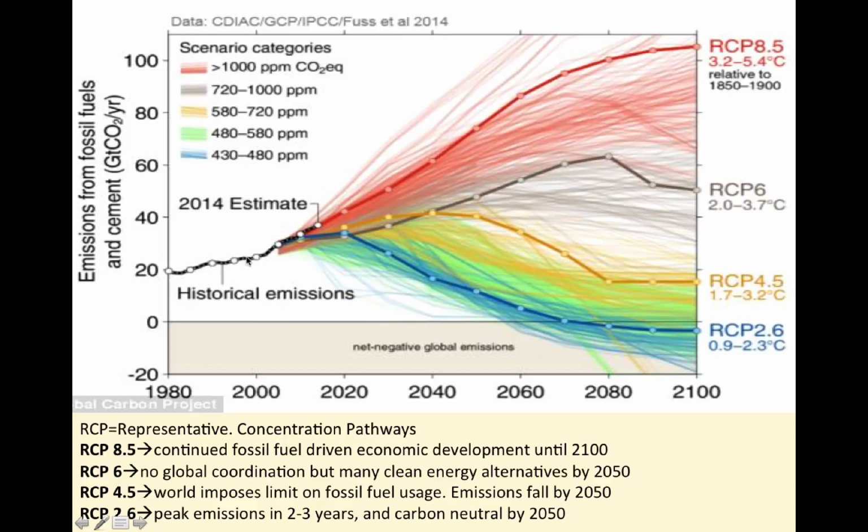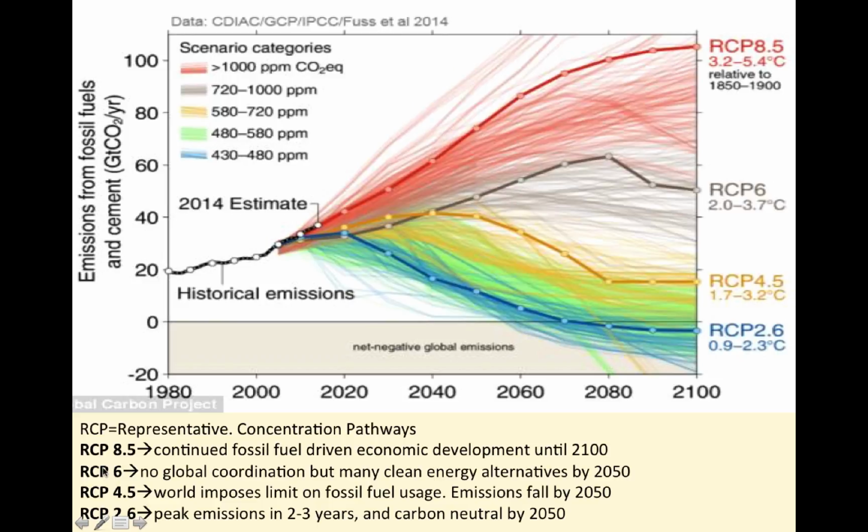And that report had 4 scenarios trying to figure out what humans are going to do in the future, because that's going to be a big player in how the evolution of CO2 concentrations go up. So the scenarios shown are the red line coincide with the representative concentration pathway, 8.5. That means continued fossil fuel driven economic development until 2100. So basically business as usual. So obviously you're going to use a lot of fossil fuels and drive up CO2 quite a bit with that